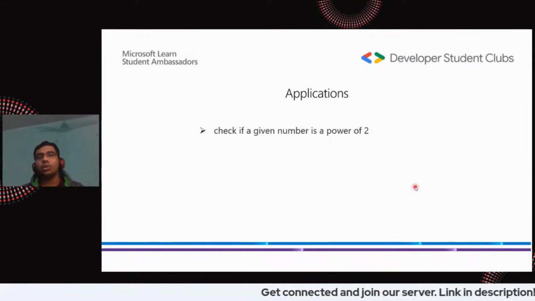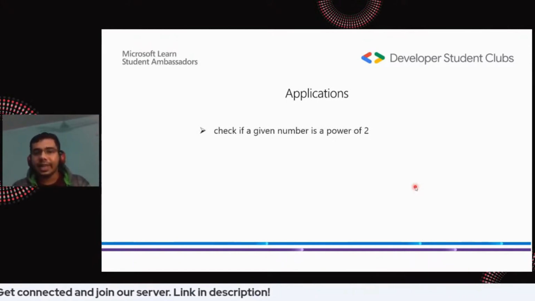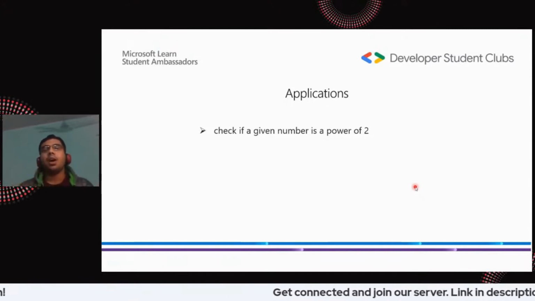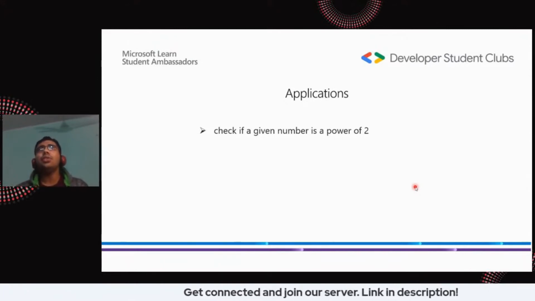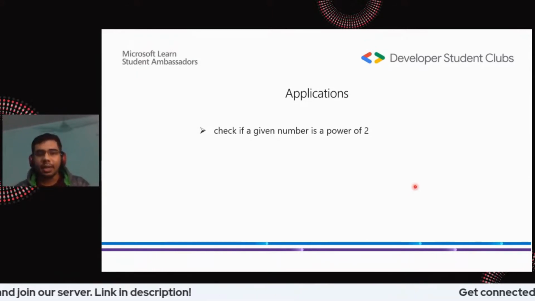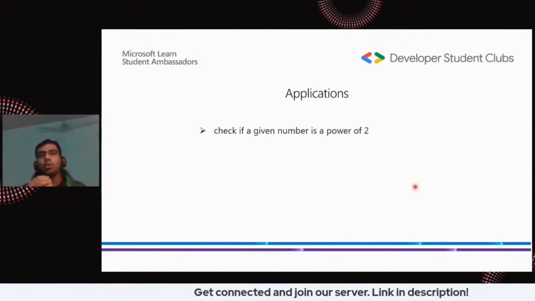Next we will look into some of the applications of those formulas. We got those formulas. Now let's understand a few applications. So first thing we'll try to check is if a given number is a power of 2. If we're just trying to do this without, say, bit manipulation, then we would have done something like x mod 2 double equals 0. That was the normal check we would have done.